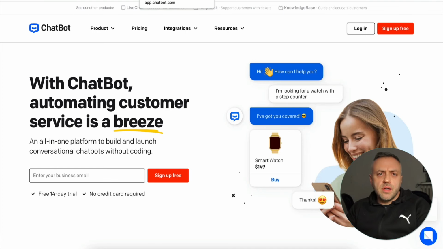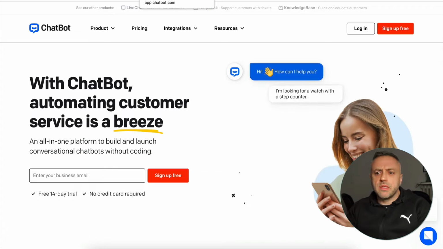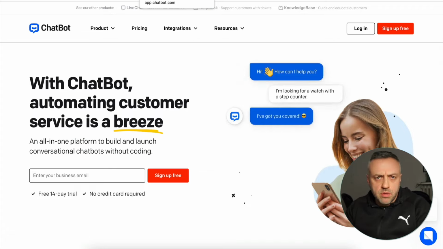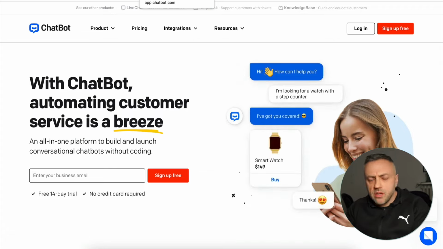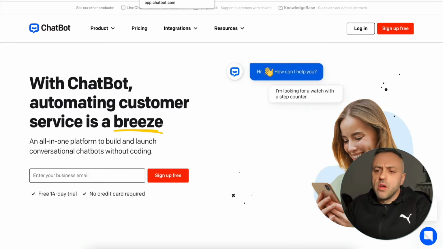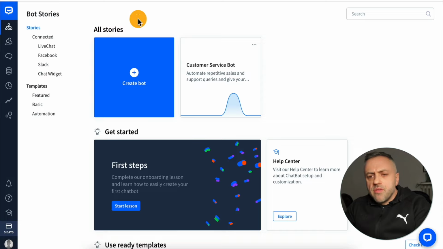Now that you have a general idea of what chatbots are, let's talk about how you can build your own customizable chatbot. There are tons and tons of different apps out there that allow you to build a customizable chatbot, whether it's for yourself or for a third party. Maybe you want to sell it to another store or another company. A very, very popular product is from chatbot.com, which is a very nice domain name, and they allow you to